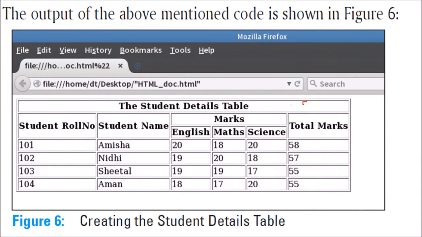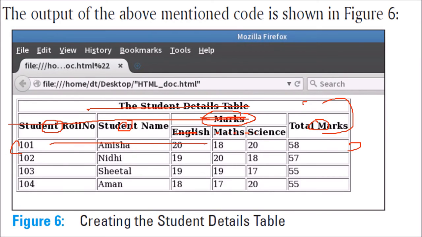We have given the border. This is the first row, colspan equal to 6. This is the second row. For this, the rowspan is 2, rowspan is 2, rowspan is 2. For this, colspan is equal to 3. For these, no problem, just give table data. This is the third row. Table rows 3, these 3. And all these have to be given in the TH, because these are bold table headings. And this table TR has around 6 data.